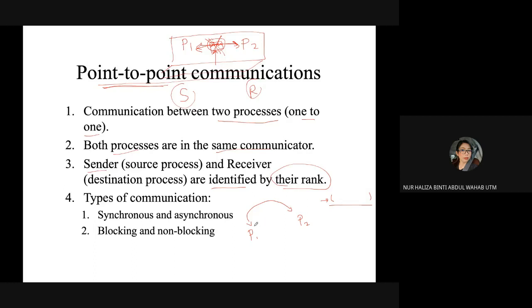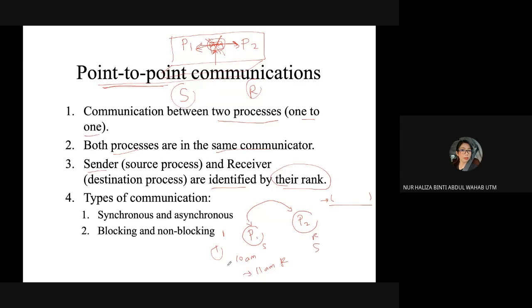There must be one sender and one receiver at one particular time. But maybe at 10 a.m., this will be a sender and this will be a receiver. Maybe at 11 a.m., this will be a receiver and this will be a sender.